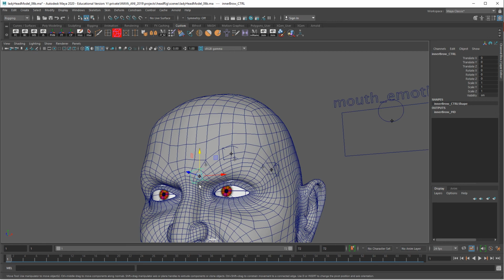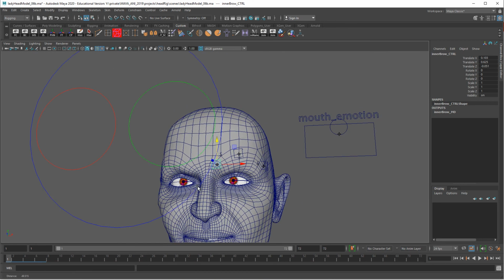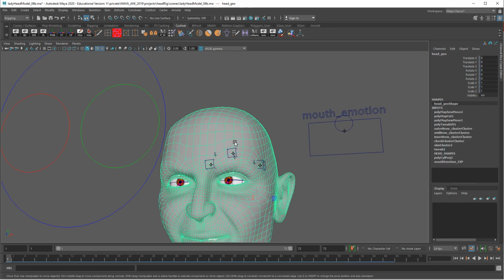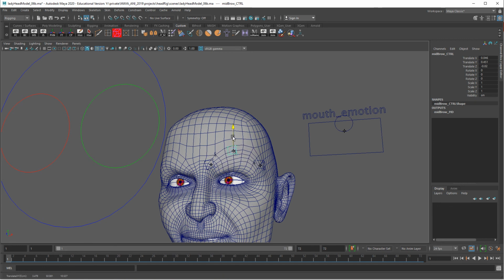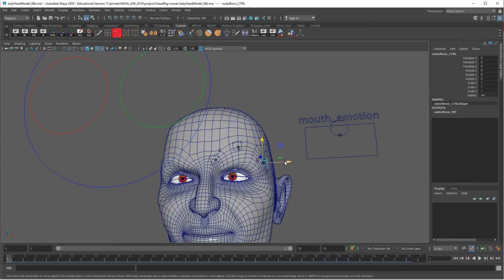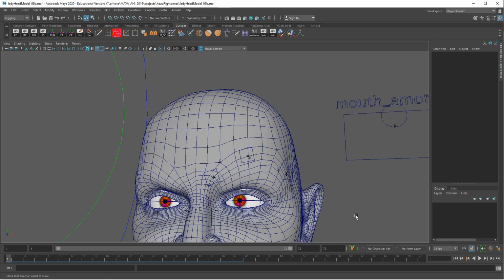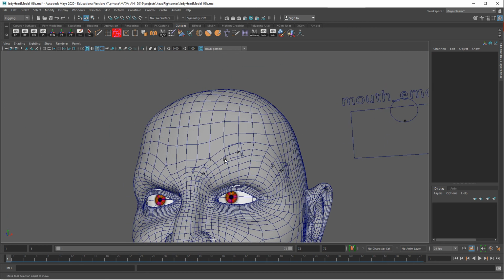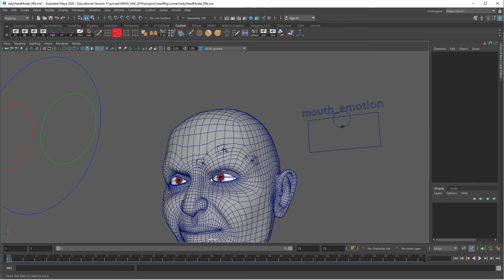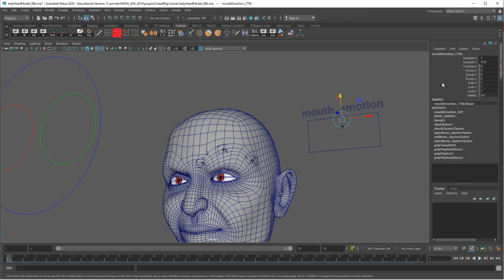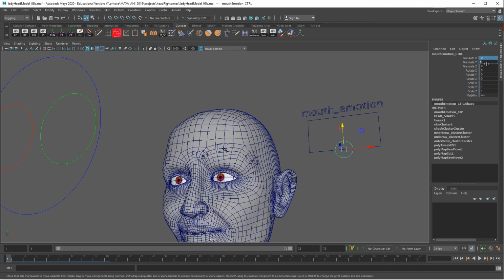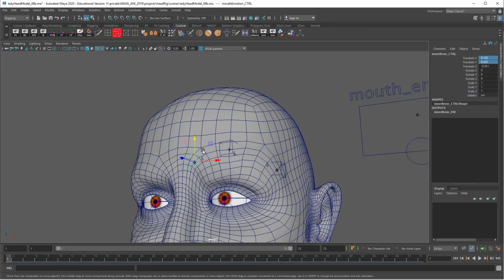And if I turn on my motion, and then I say, you know what, I don't want that to be quite so down, and then this one goes up a little bit, and that one goes over and up. So I can get this one down and in, and then this one can stay up. So you can key the positions of the controls while also getting some automation from this controller. So select them,